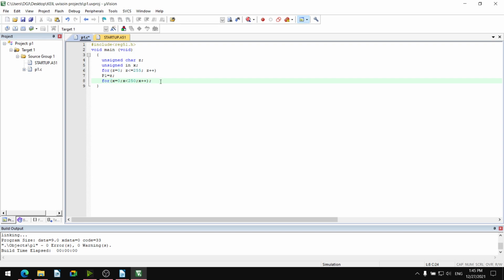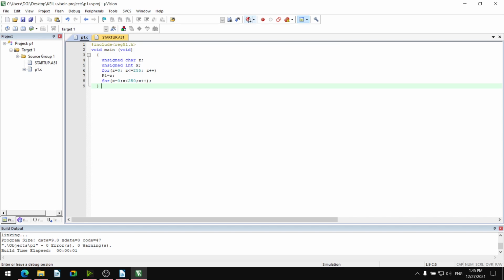So it is a self executing for loop. I will save it. So unsigned integer x. Okay, I will save it, build it, zero error, zero warning.